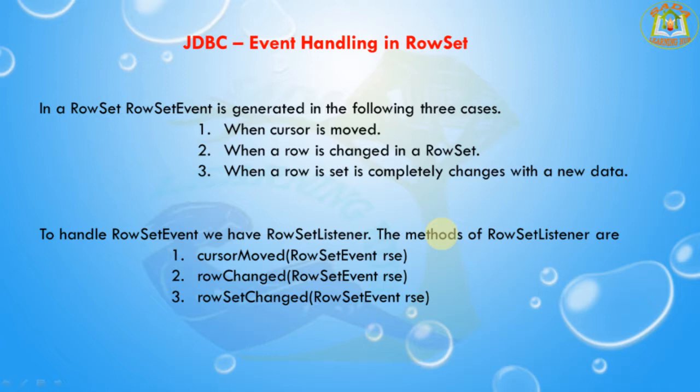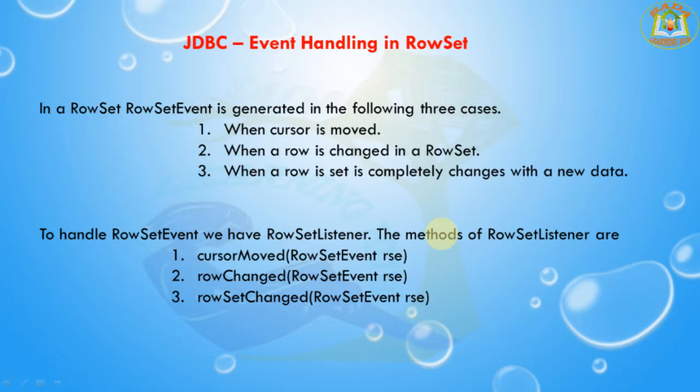A RowSet is a serializable object, it is transferable across the network. Coming to the ResultSet, it is not a serializable object. It cannot be transferred across the network. By default, a ResultSet object is non-scrollable, and coming to the RowSet, by default it is scrollable. And the ResultSet object is valid in a program only until the connection is closed,